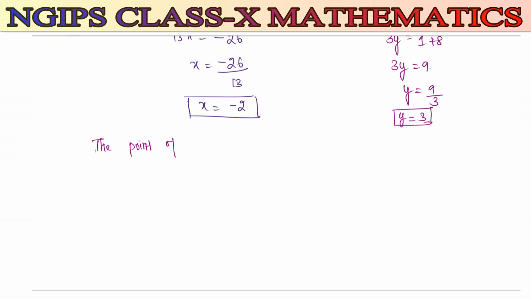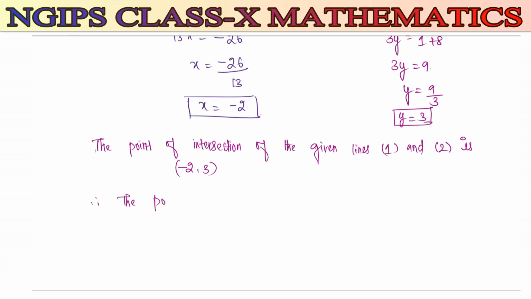The point of intersection of the given lines 1 and 2 is: the x point is minus 2, y point is 3. It is nothing but (minus 2, 3). Therefore, the point (minus 2, 3)